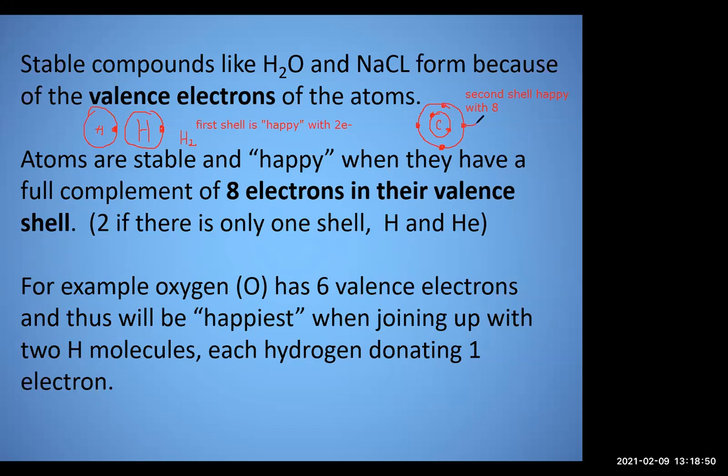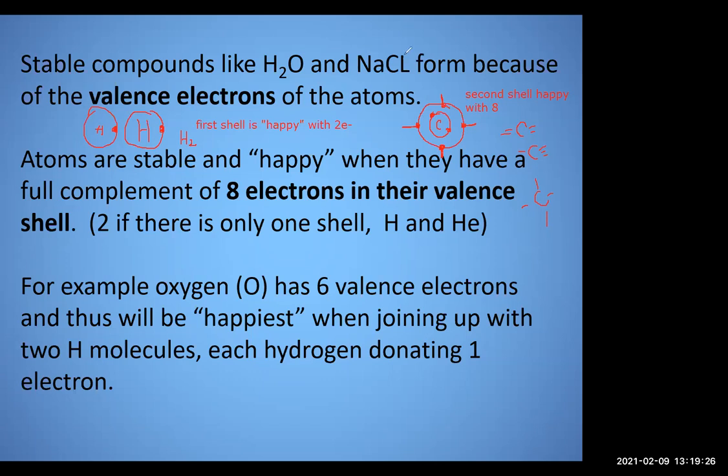Carbon is going to want to make 4 bonds because it's going to want to get 4 more electrons. Once it has those 4 extra electrons, then it's going to have 8 electrons around it. It's going to be stable. So it's looking to make 4 bonds. The interesting thing about carbon is it can make 2 double bonds. It can make a triple bond and a single bond. It can make 4 single bonds. It makes it a very versatile element, and carbon is the element of life on this planet.